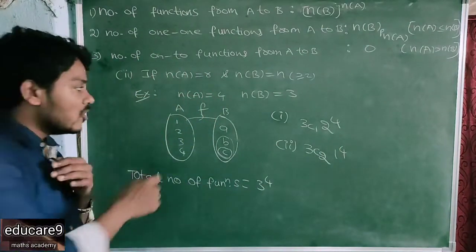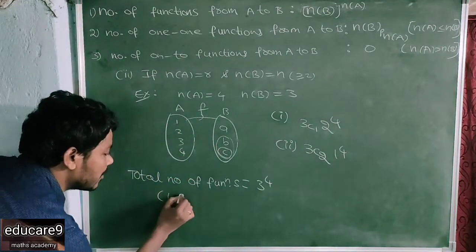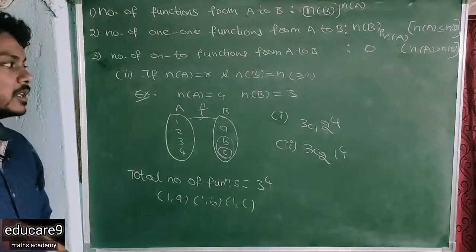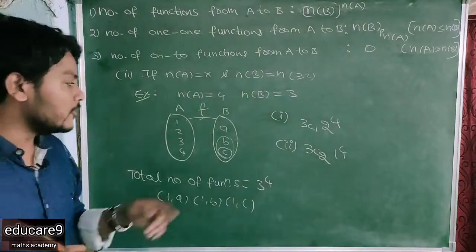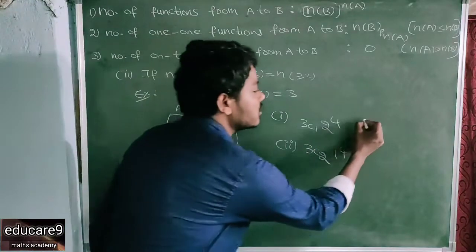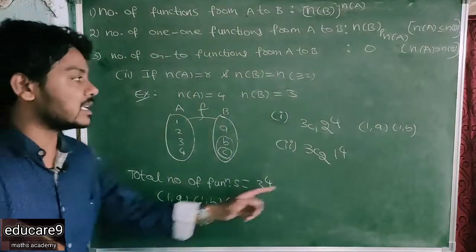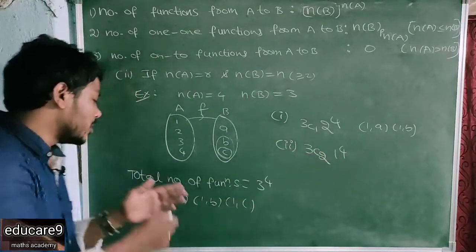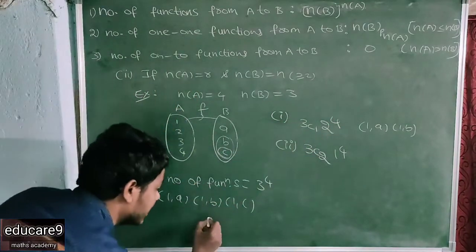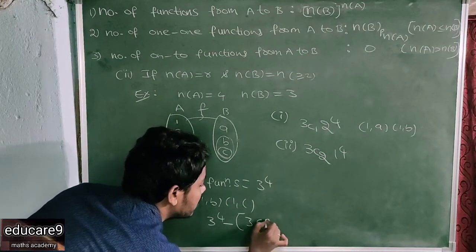In the first case, 1 is mapped to A or 1 is mapped to B or 1 is mapped to C. See here, 1 comma A, 1 comma B and 1 comma C. I am writing the chances of 1. If you select C, the remaining elements are A and B. Here 1 is mapped to A or 1 is mapped to B. So clearly this is repeating, 1 comma A, 1 comma A. So you have to remove 3C1 2 power 4 from this. So write as 3 power 4 minus 3C1 2 to the power of 4.